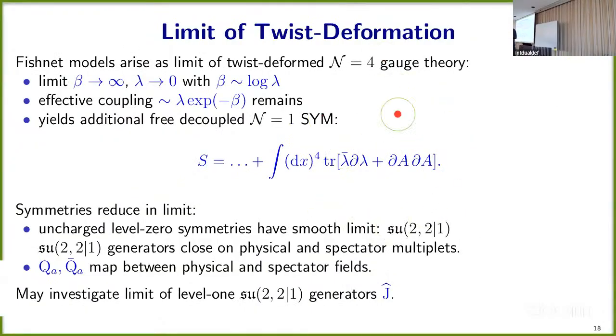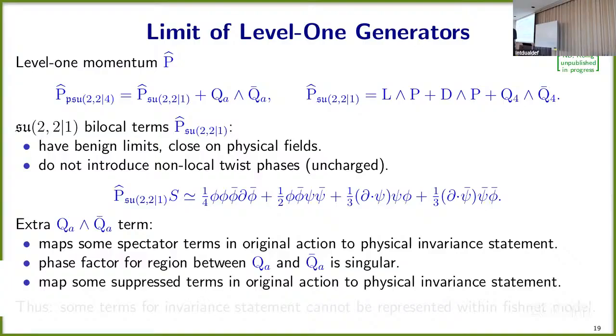They are free, but nevertheless, in principle, you can act on them to contribute to this physical invariant statement. And even worse, the phase factor for the region between those two insertions is a non-trivial phase factor, and it goes to infinity. So you get some divergent contributions from it, which means that they will not be a problem, but they can